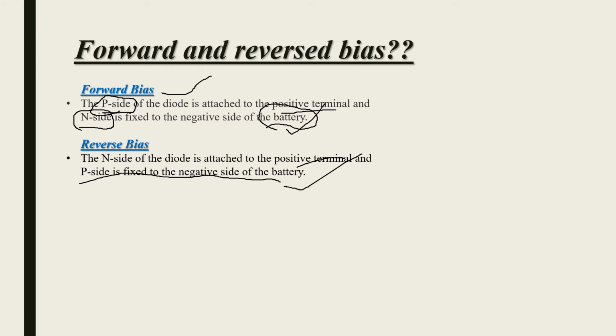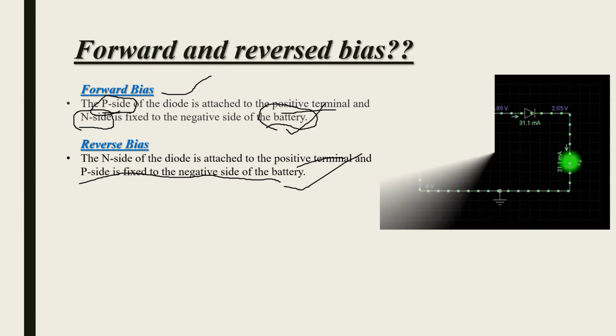Okay, you may also say that in the same way the free electrons in the n-type region would be shifted more away from the junction towards the positive terminal of the voltage source, leaving more uncovered positive ions. Ions are also present in these two types of junctions, and two type of junction means junction तो एक ही होता है जिसको हम लोग pn junction बोलते हैं. ठीक है, तो come to the next part.